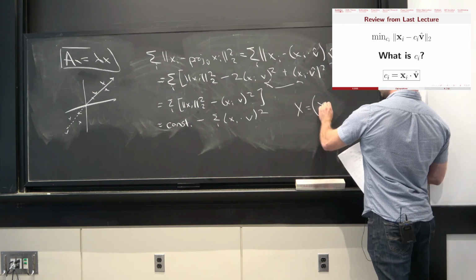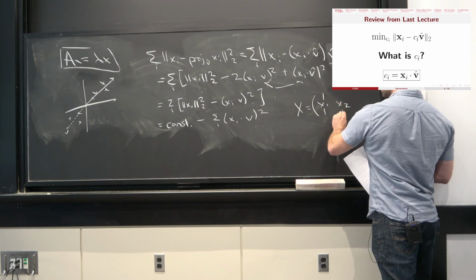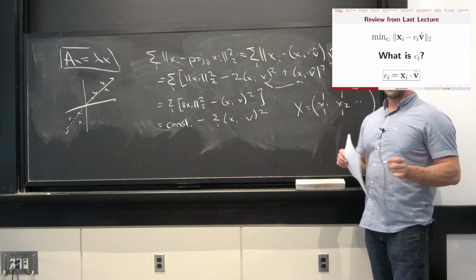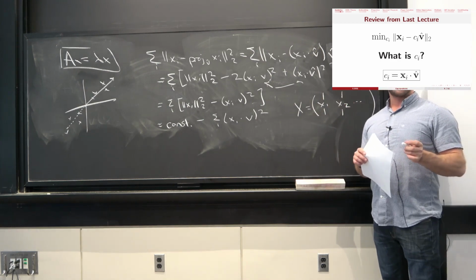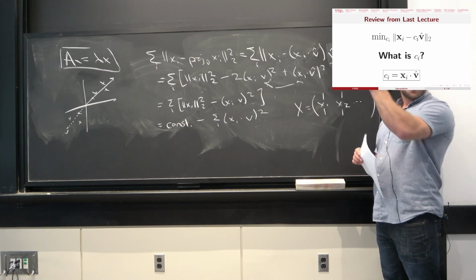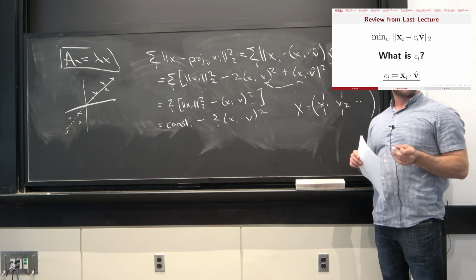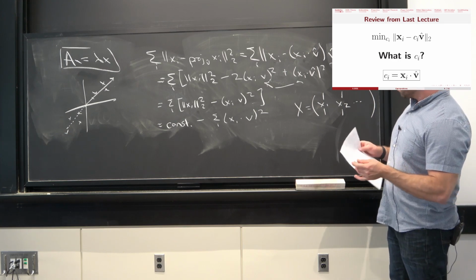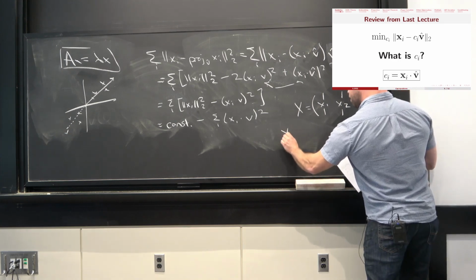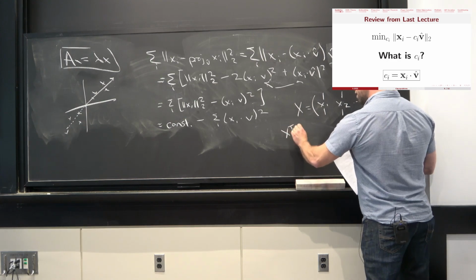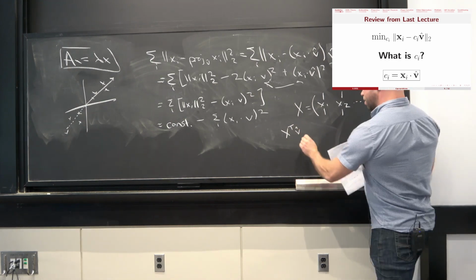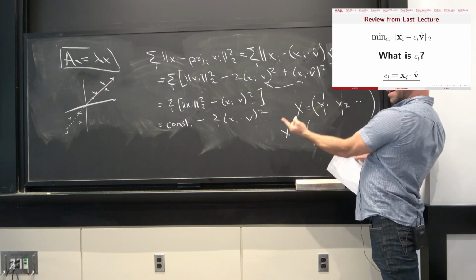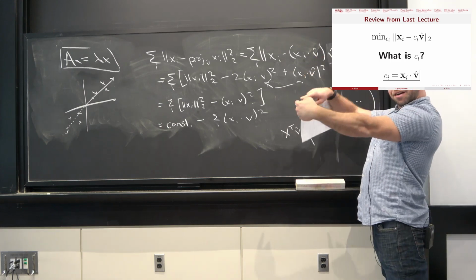So this is x1, x2, and so on, like that. Hopefully now you guys are getting used to that convention from your homework. We're going to take our whole data set and put it into a matrix whose columns are the data points. Then one thing you can notice is that if I do X transpose times v, what is that going to be? It's a vector where I take X, flip it on its side,